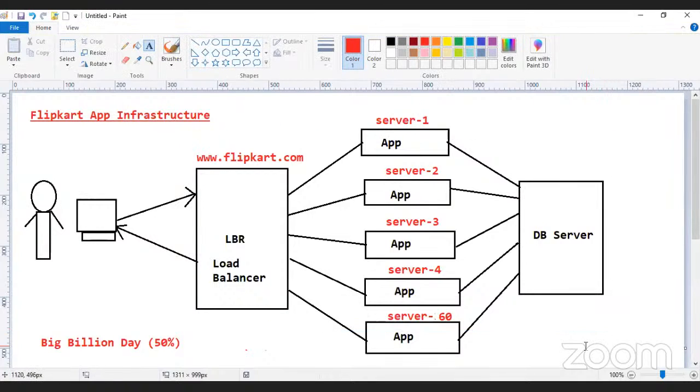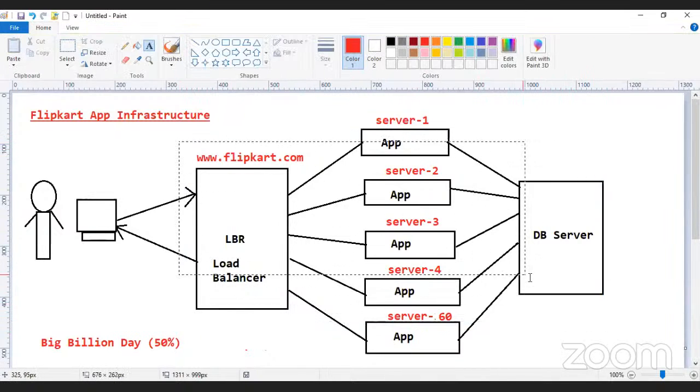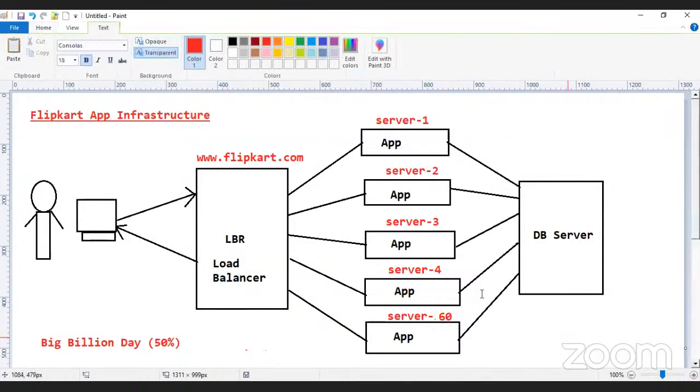Are you guys able to follow this? What is the problem here, guys? Can anyone understand what is the problem here? Cost. Money is the problem. Minimum to minimum, I have to invest 1 crore rupees to set up this infrastructure, because I have to take